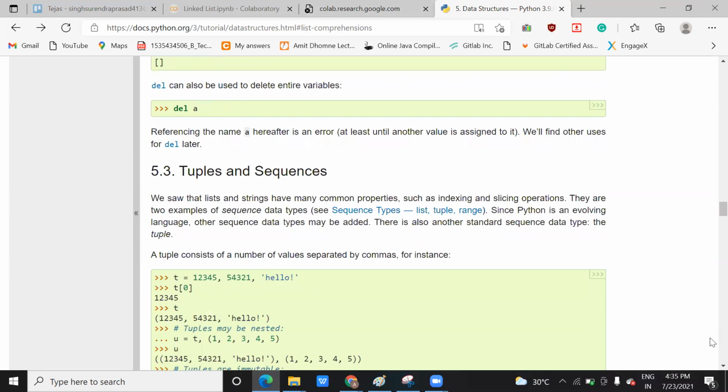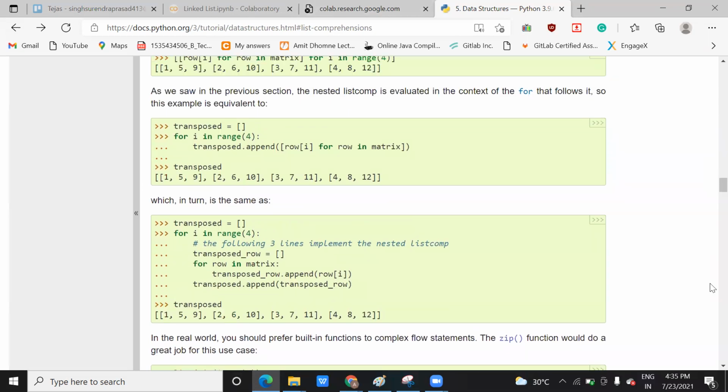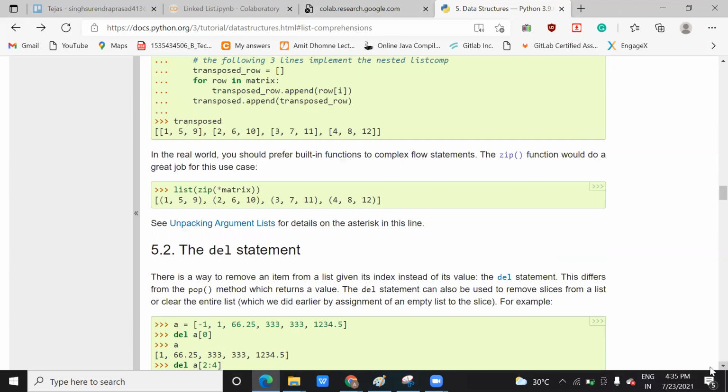So here you can see this list zip matrix. It is printing the elements it takes in each iteration, because we have transposed it. The transposed one has, in each iteration, the elements like this. So when you use this zip function, it will print like this. It is the same operation, but with the help of the zip function, and you can use list comprehension to do that. So there are different ways of doing the operation.